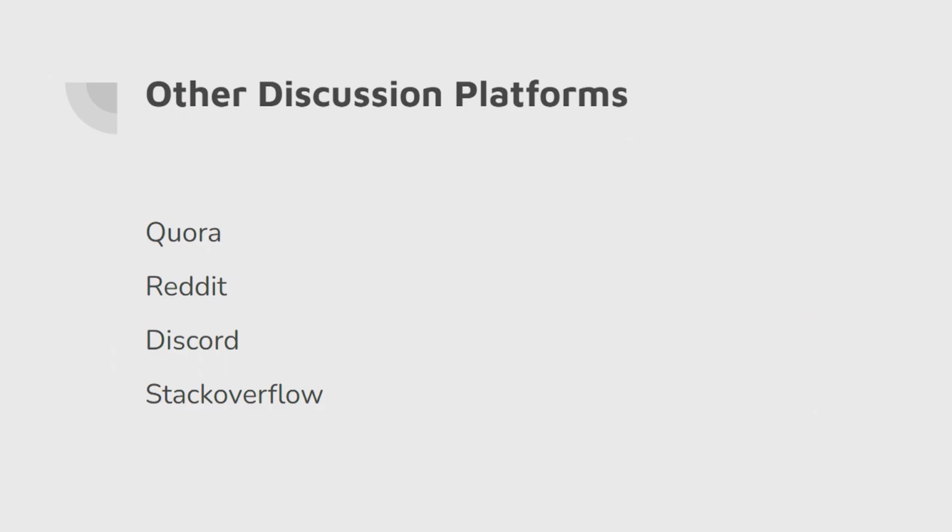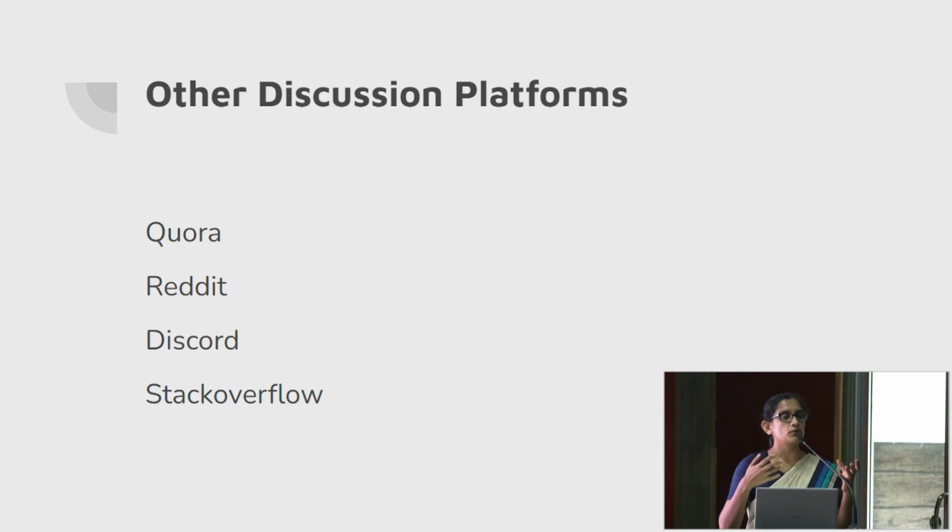So there are many other discussion platforms. Maybe you know better than me, so I have listed some. So Quora is a Q&A platform. Reddit and Discord are slightly different, where you can have special interest groups. You can join those groups and then discuss things that are common to that community. So especially Discord is on VoIP. That means you can communicate not only with messages, but also with chat and other media.